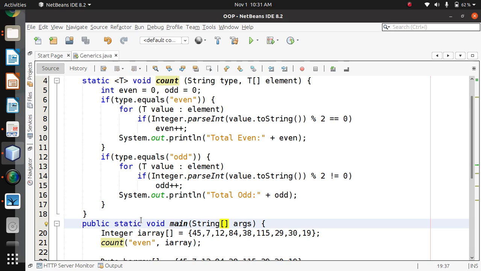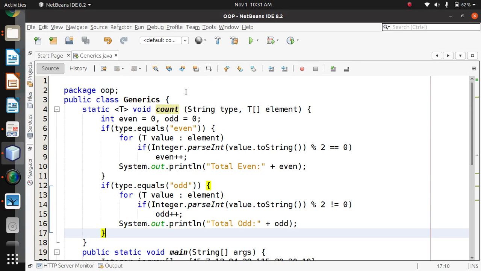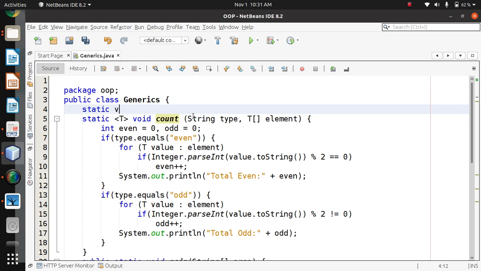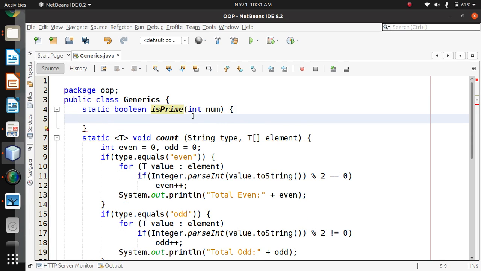Okay, then the next case is checking whether the number is a palindrome. Or before that I think one more is the prime number. Yeah, prime number. So I need to write a function here which finds whether the number is prime or not. So let's create that static boolean. Okay, a function I'll create like isPrime, which will take a number to check whether the number is prime or not, and then I will use that in the code actually.